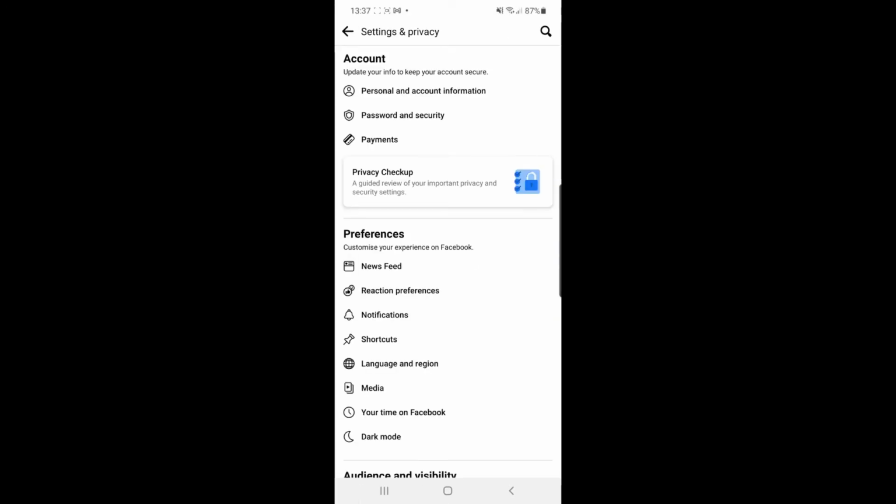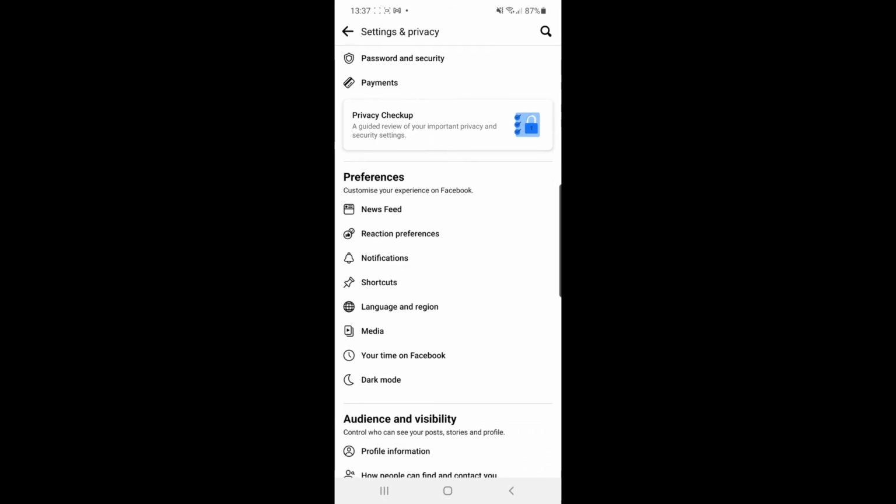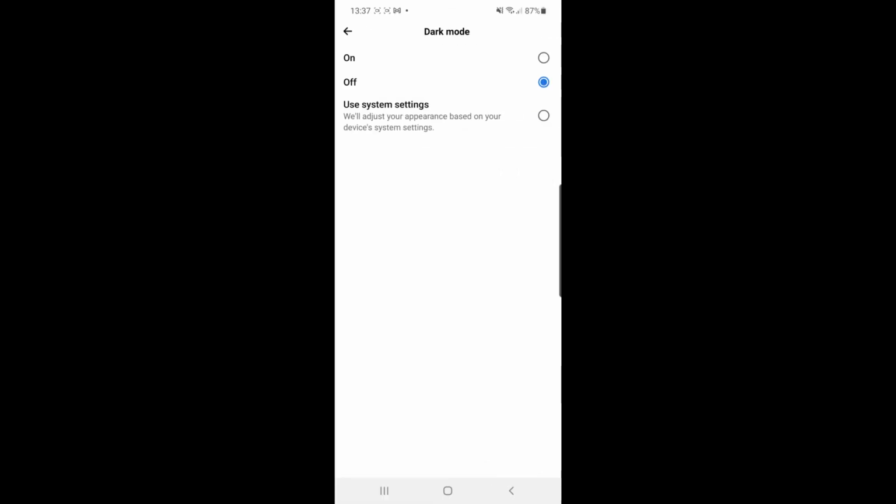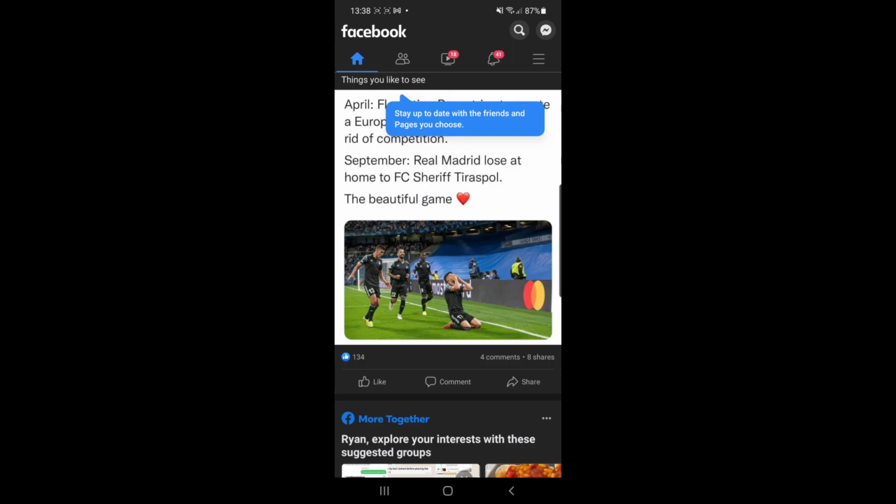Once you click on Settings, as you can see under Preferences right down there at the bottom, there is now an option for dark mode. If you click on that, what you can do is you can click on Use System Settings, and if your device system settings are on dark mode, it will follow that setting, but if not, what you can do is click on. Once you click on, as you can see, the Facebook app will now be in dark mode,